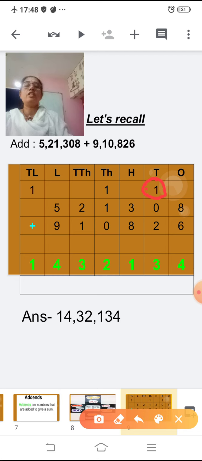Now in the 10,000s place, 2 plus 1 gives you 3. Same when you add the numbers 5 and 9 in the lakhs place, it gives you 14, where 4 is written in the lakh column and 1 is carried over to the 10 lakh column. Now in the 10 lakh column, since there are no numbers to be added, we write the carried number 1 as it is. So the sum you get is 14 lakhs